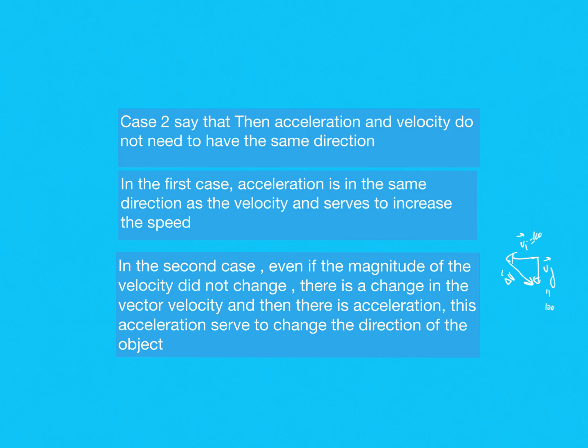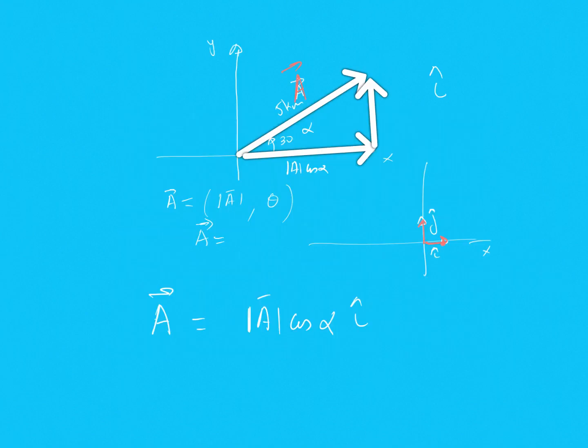And it can change its velocity, maybe by increasing the magnitude and not changing the direction, or maybe it can change its velocity by changing the direction. So the 2 cases are different. We are going to see the part of the vector later on. We have finished. In both cases there is acceleration. So now